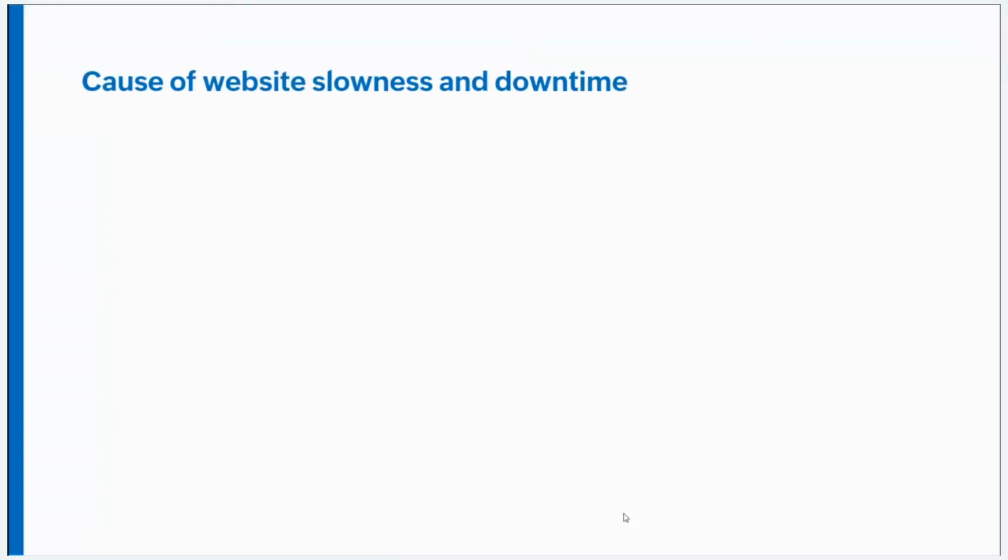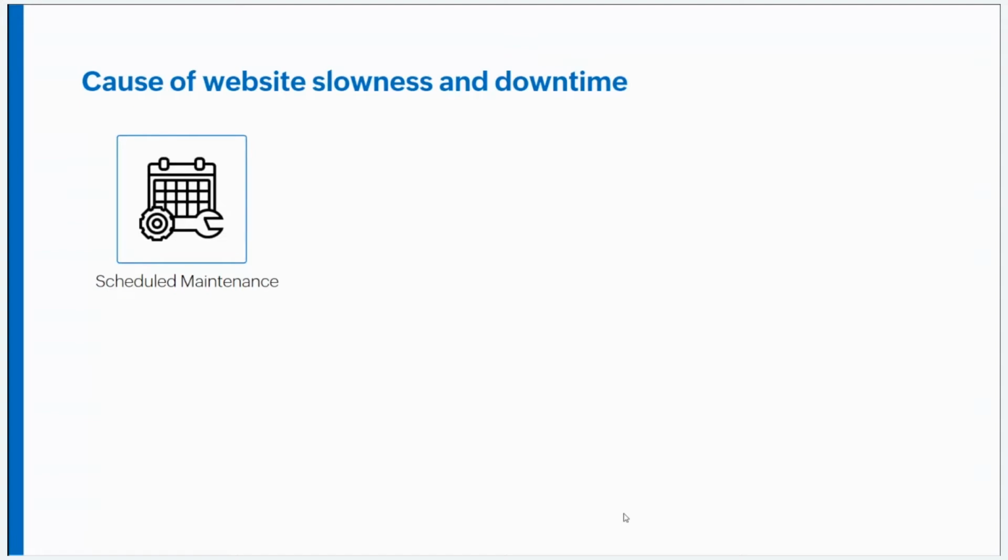The first step in a digital experience is the interaction that the user has with the website. So when the user tries to access it, it needs to be available. Website downtime and slowness are major causes of concern for businesses. Frequent downtimes and slowness can make your site lose credibility among loyal customers as well as create a bad first impression on first time visitors. So, what causes website downtime and slowness?